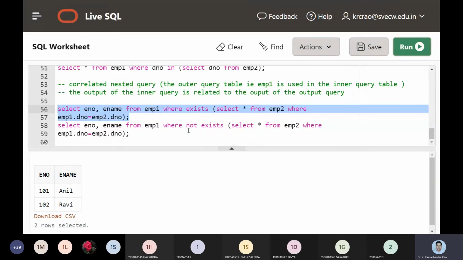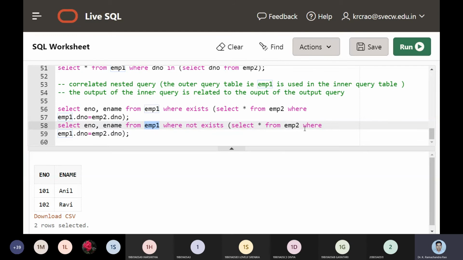The same query we are going to take up, that is, employee 1 is used in the inner loop, and the operator we are going to change is different. What was that operator? Not exists. That means things should be in EMP1 and should not be in EMP2.